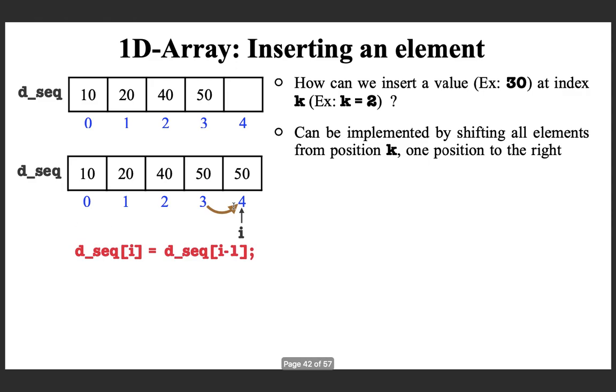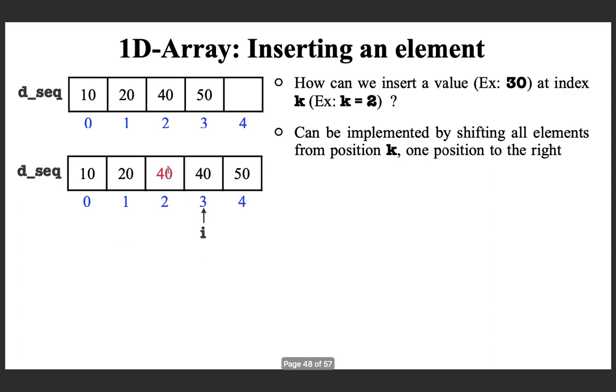And if you fire this, this is what is happening. Okay, 50 is copied. Now this is free. You can overwrite it with the previous element. So what do you do? You decrement i. If you fire it, it will come here, and then you repeat the same operation. So this is what you do. If you fire this, then what will happen? 40 will come and override this 50, which is safe because 50 is already shifted. So this is what you do.